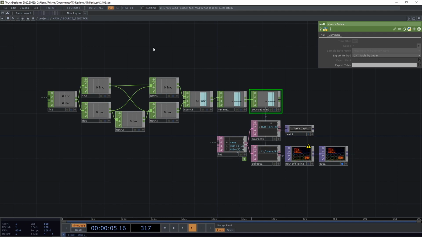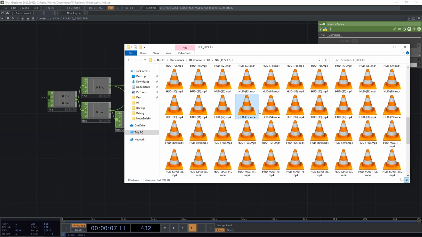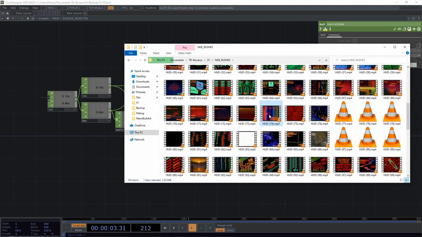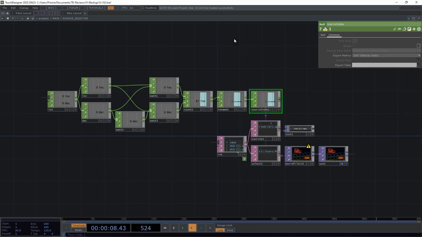So here I have all my files, all my rushes, in this folder here. All my files are in MP4 format, so they are H.264 encoded, and the H.264 compression is really interesting because it allows us to have a high quality video file in a compact format, but this implies that you need to use more processing power to decode the file, and because of that we're losing time, we're losing frames when